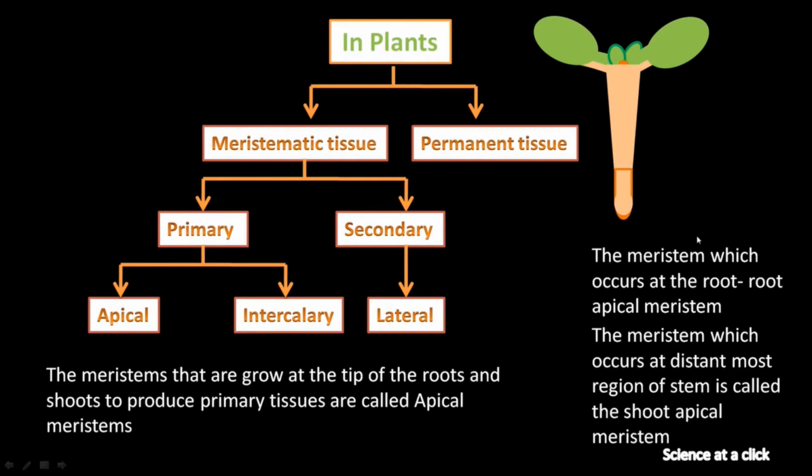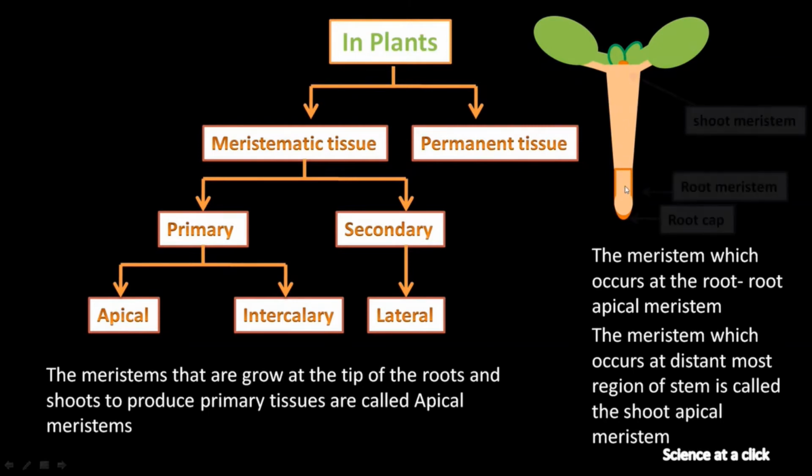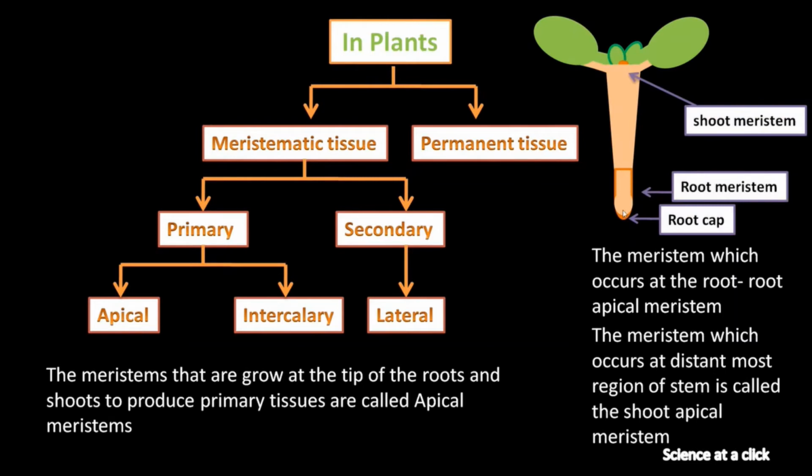So as we know, the plant grows from the top side, that is the shoot and other leaf parts, and also beneath the soil, that is root. So based on this, the growing region of the root consists of the root meristem. It also has the root cap. The function of the root cap is to protect this root. And the shoot meristem is the one which will be present in the growing region of the shoot. The tip of the shoot consists of shoot meristems.